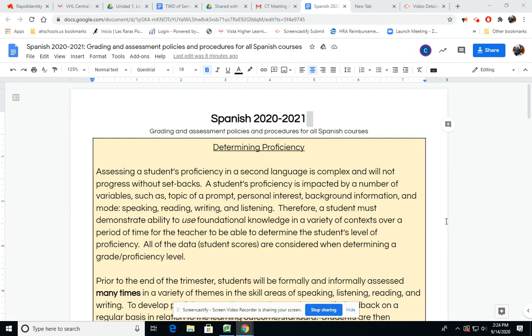You need to have very dynamic input, listening sources, or reading sources, and you also need to have the opportunity to produce. So I cannot underscore enough the importance of what Vista will be to you, in particular in this distance learning situation. In the past, Vista was used more as a supplement.